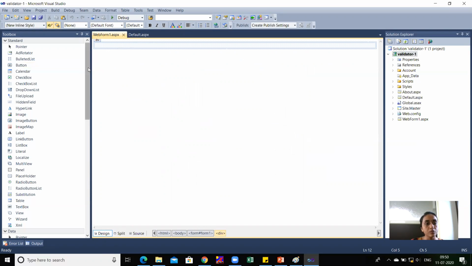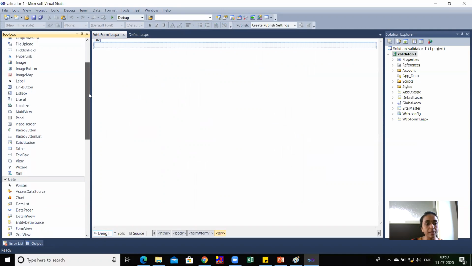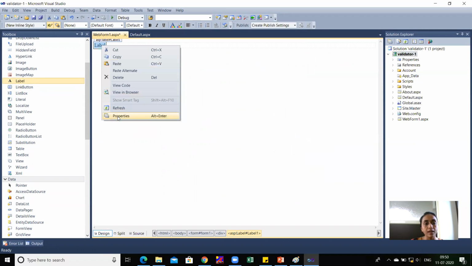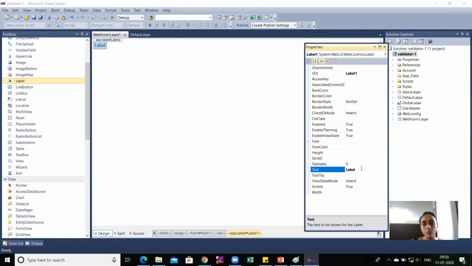So first of all I'll take a label and I'll write Enter name here. I'll change its text property, which is Enter name.